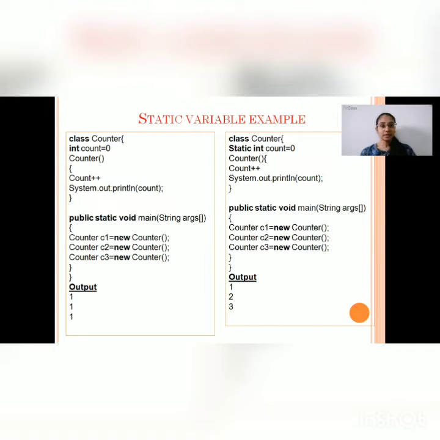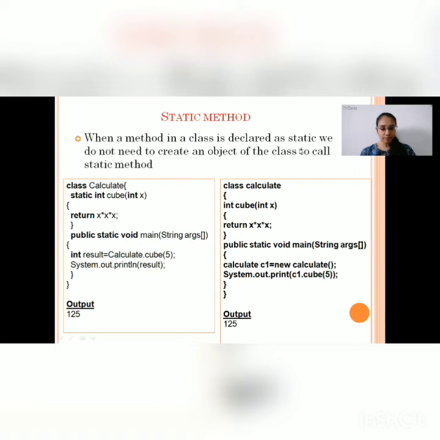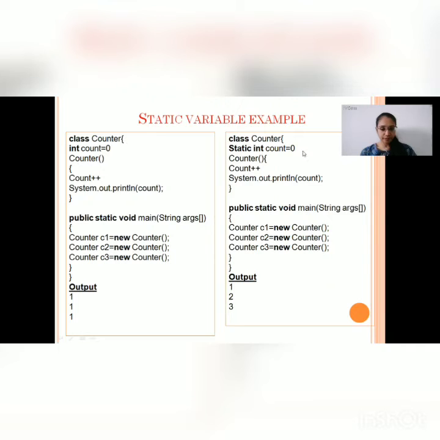Now let's see the same concept with a static keyword. Here in the second program, I have declared the variable cout as static. As it is declared as a static, it is shared among all 3 objects and same memory is allocated for this variable. So when in the main method it is called using C1, its value will be 1.